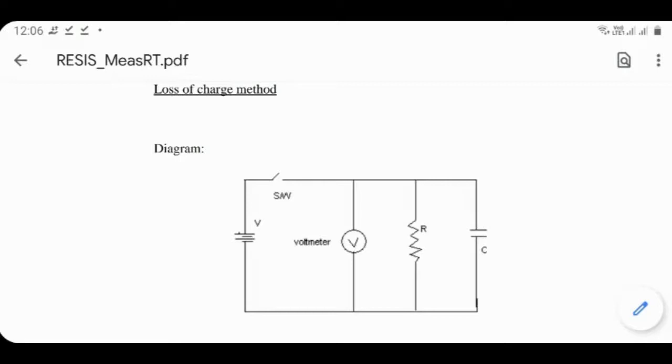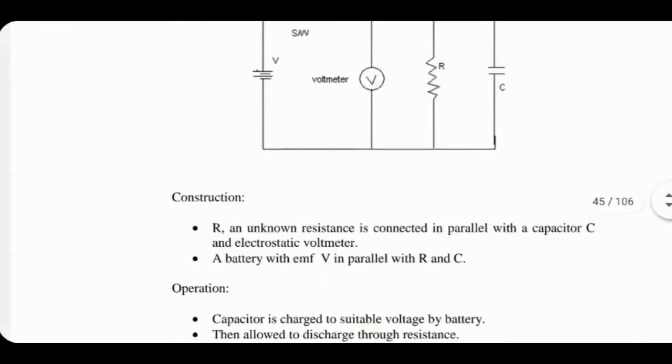First of all, we take a battery which is fully charged, and then we allow that battery to be discharged through a parallel RC combination by putting a switch in between. Switch closes at time equal to 0. Then we measure the voltage across the battery, which is the same as voltage across the resistor or voltage across the capacitor. We measure it over a large period of time and figure out the time constant.